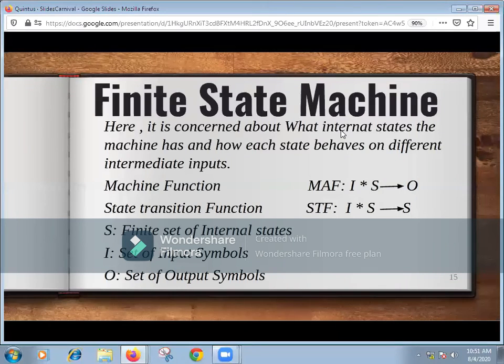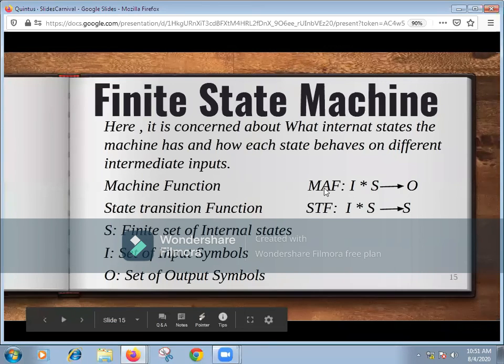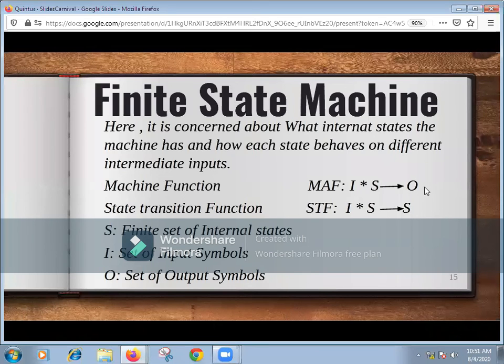Do you directly get the mod 10 output for a particular input, or do you get the output in terms of particular steps, like first you find mod 1, mod 2, mod 3, mod 4, 5, 6, 7, 8, 9 and 10, right? It means there will be some machines whose MAF will not directly produce output from input. It will be input, then in some next state, it will produce output.